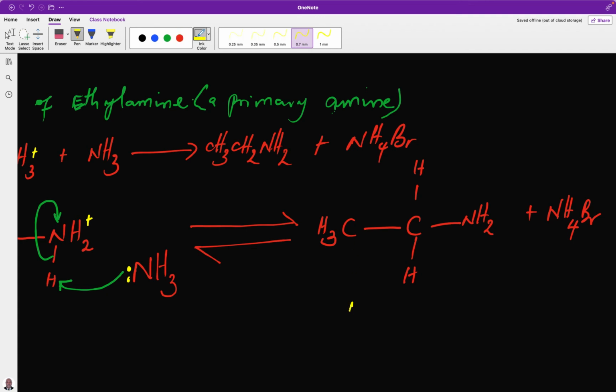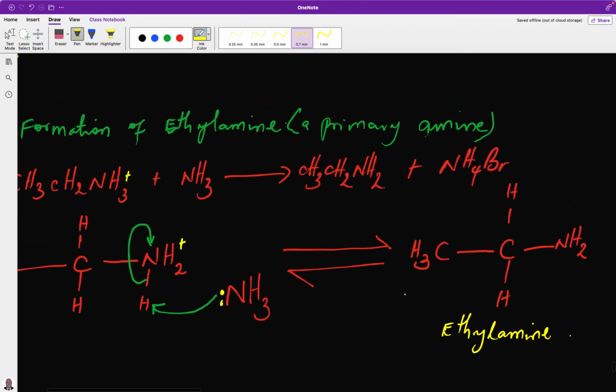Ethyl, that is our new compound that is formed. So this is how the reaction goes when it has to do with SN2. A recap